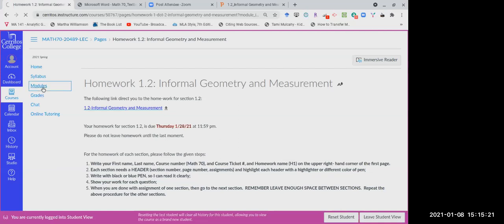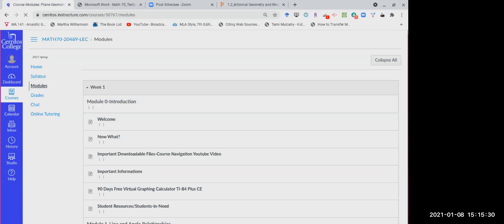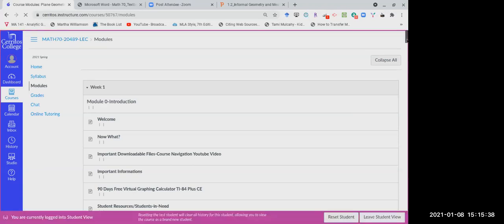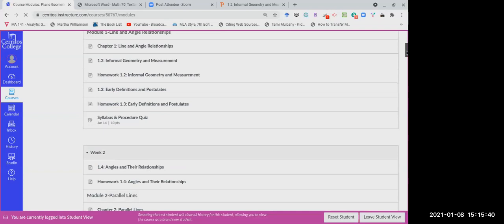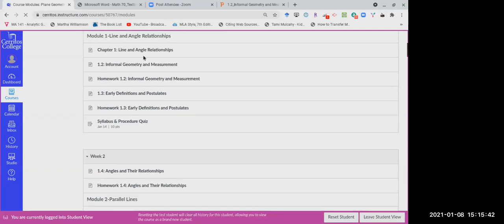I'm going to go back to modules and show you module 0 and module 1. Here we have module 1. We have sections 1.2 and 1.3. And then we have the syllabus and procedure quiz.